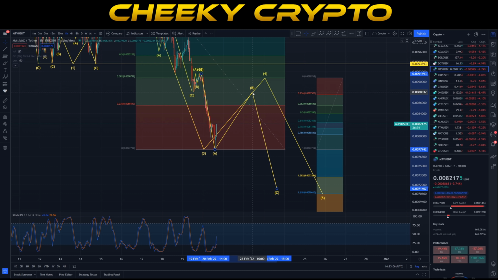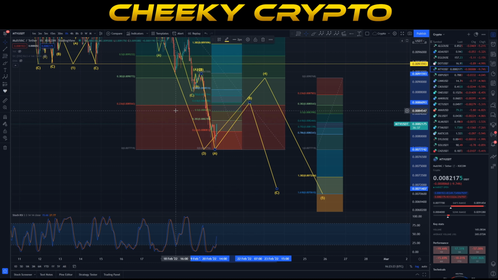I think there's going to be resistance up here around this zone as well. So let's actually run a fib on this entire A wave just here and get a most probable area for a bounce to the 618. That would actually put us around about here. So the 236 on the bigger scale. This would be a